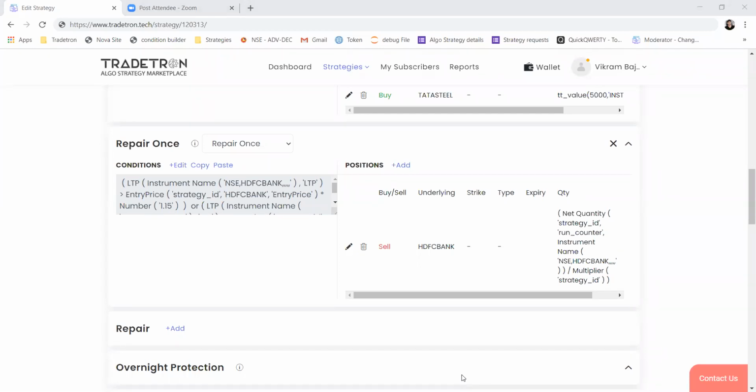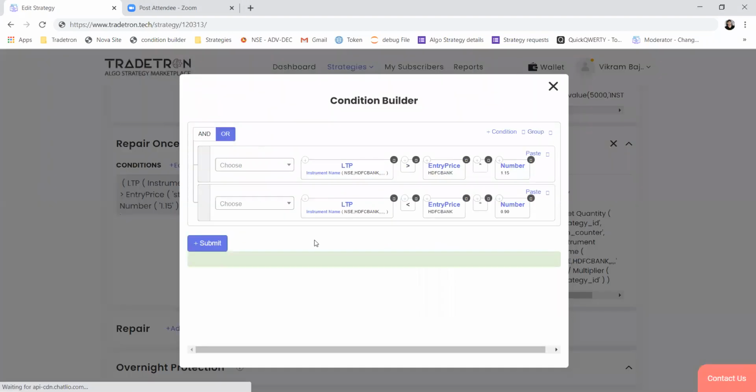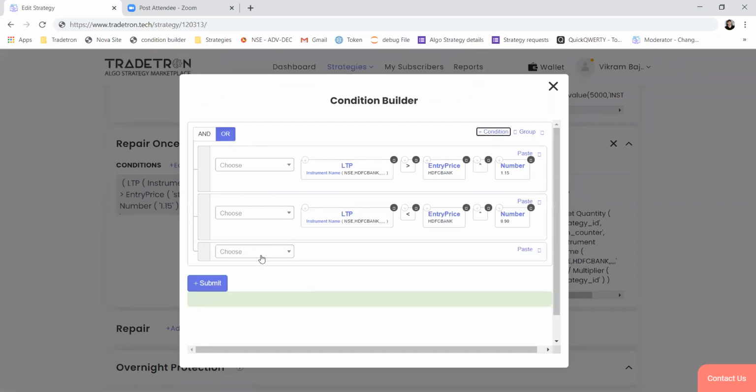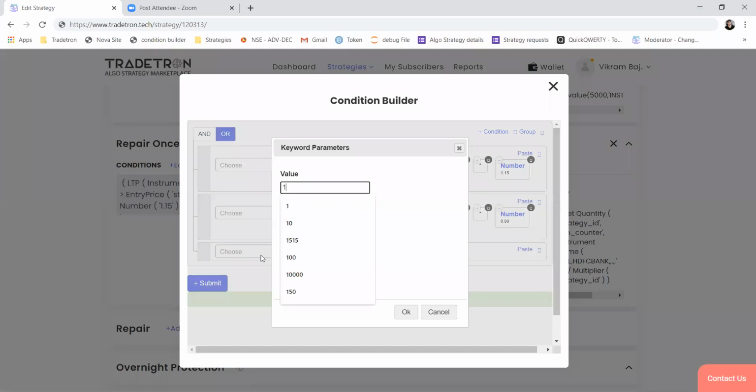How to exit any one individual stock manually, overriding the exit condition? If you want to, let's say, exit this particular stock, again use or, and add a condition which is always true. So just write this.